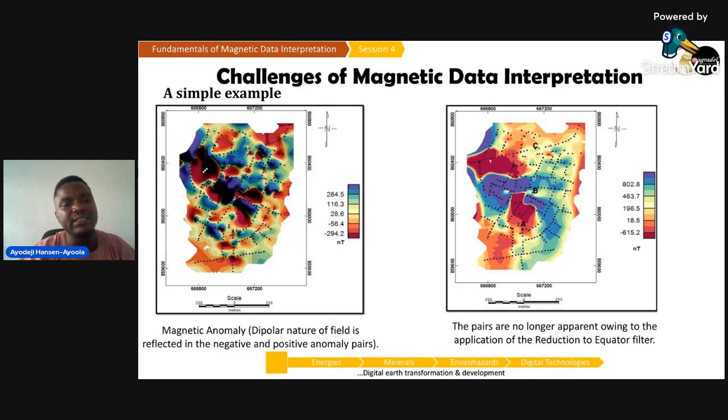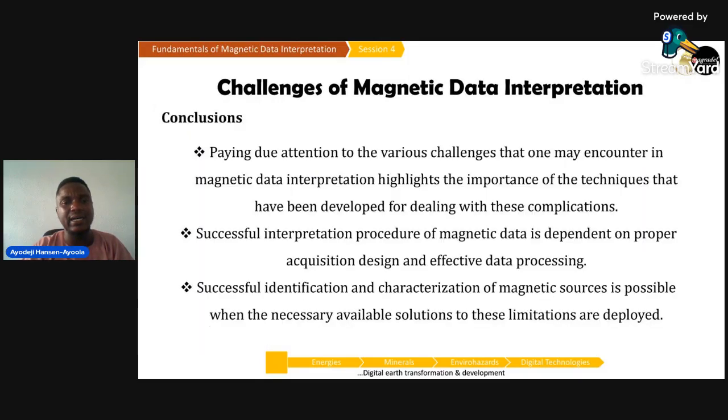This makes the interpretation at this stage quite cumbersome. Of course, the inclination around Osogbo here is about 13 degrees, so the dipolar nature is going to affect the interpretation. And then in the application of the reduction to equator to the anomaly, you can see that the anomalies are now very well defined. They actually mimic the geology of the study area very well. So we see the importance of applying the necessary filters to get the best results out of our magnetic data